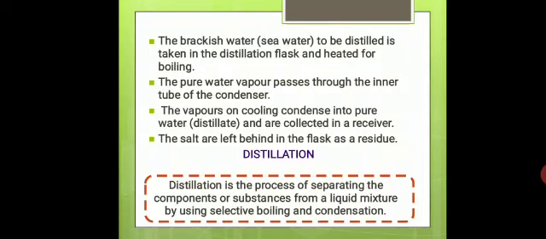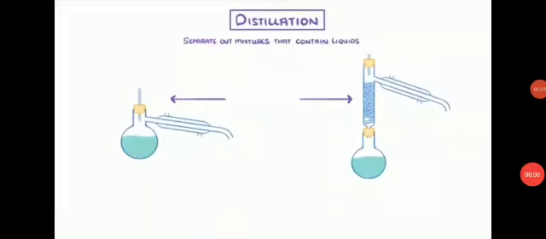That is by using the boiling points selectively. We cannot use the liquid mixtures just like that as per our wish. So we have to check the boiling point difference. If the difference is more than 25 Kelvin, then we can adopt this method. Then what will happen here? The process will take place as evaporation followed by condensation. So we are going to see the working of simple distillation apparatus here.